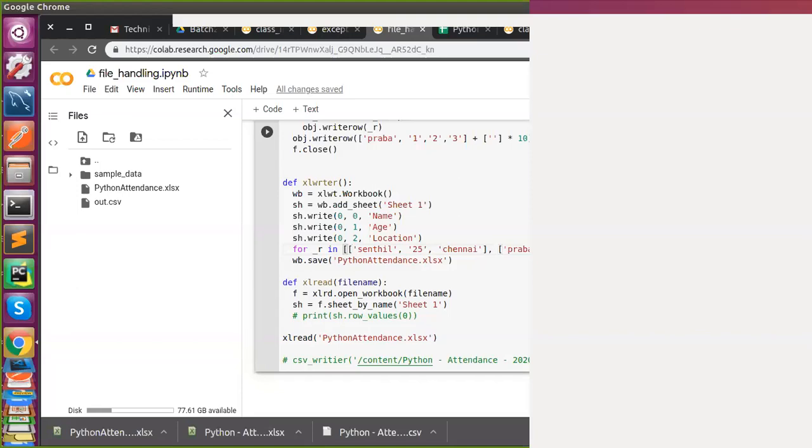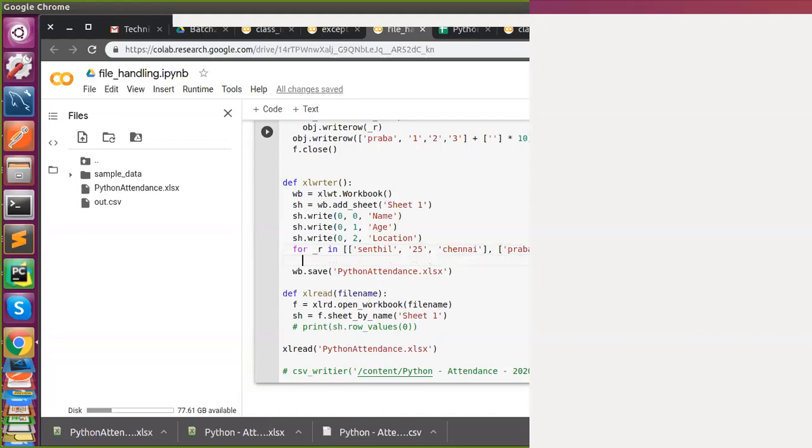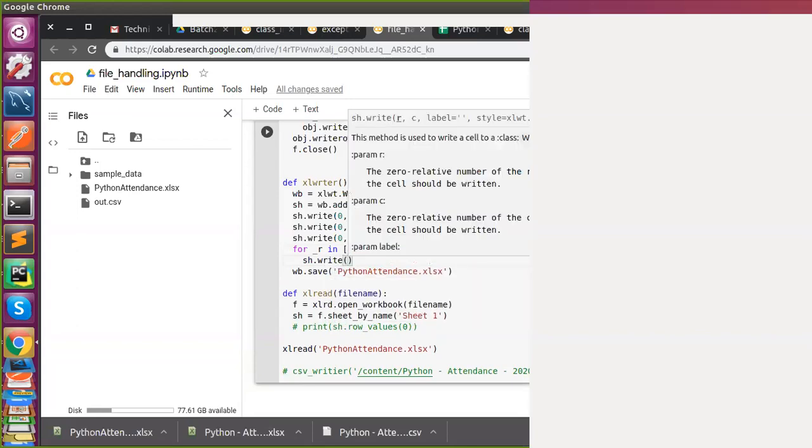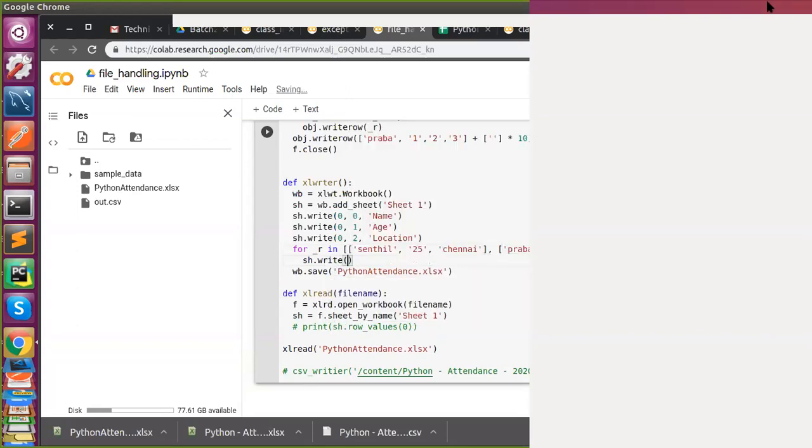Okay, we have this kind of records, and what to do? Just say sh dot write into row number. So you have chosen row number 0 already, right?